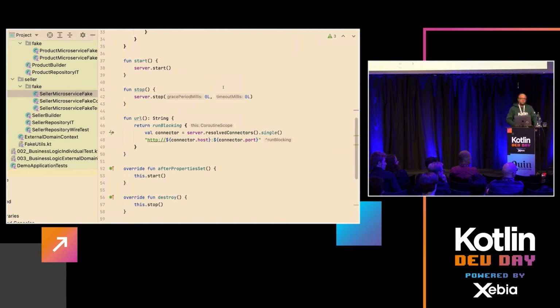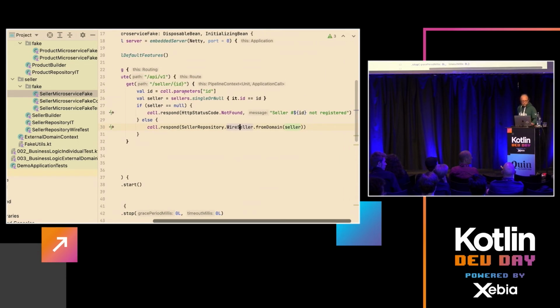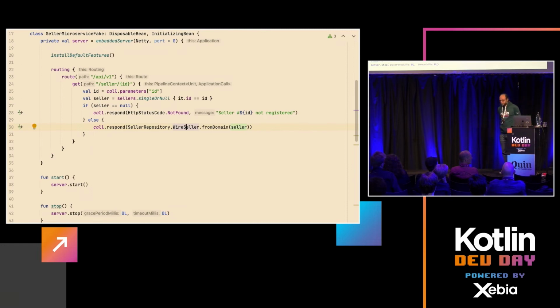I see when you fake the response with Ktor, you are returning the object. Can you also return the pure JSON so it will go through the parser? Yes, you can. Well, first of all, the object I'm returning is serialized to JSON, so it's not a shortcut. It will not be received as an object on the receiving side. It will still be JSON. Oh, okay. It's not very obvious,